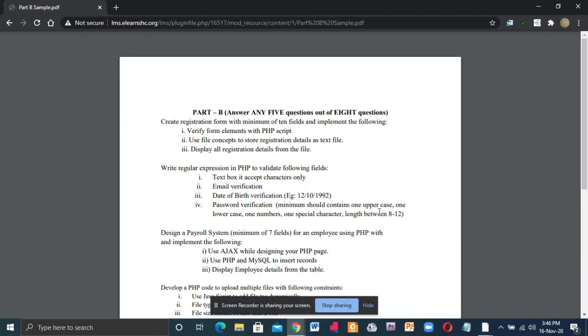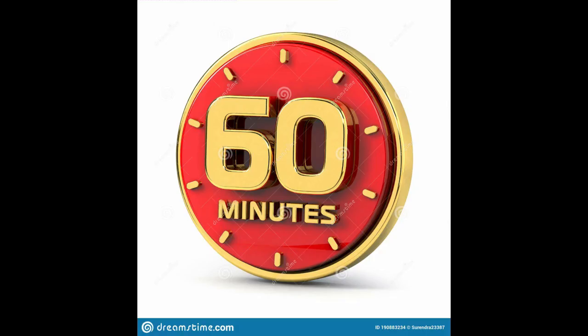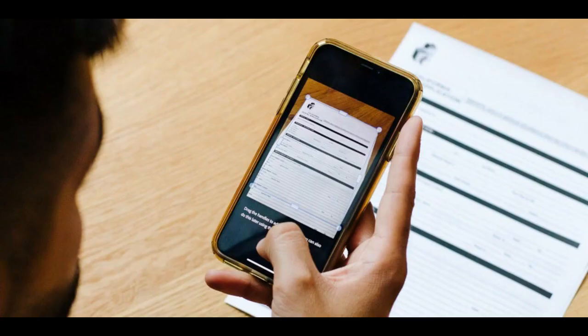Once you click this, the Part B question paper will get downloaded. The time limit for writing Part B is 1 hour. So answer the questions that are given in the Part B suitably in an answer script. In your answer script, write your register number, subject code, subject title along with the page number. In every page, please provide this information.